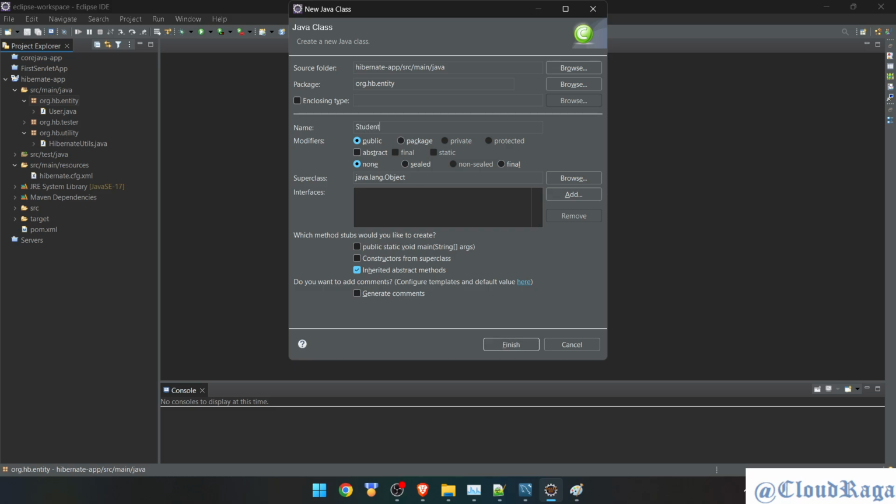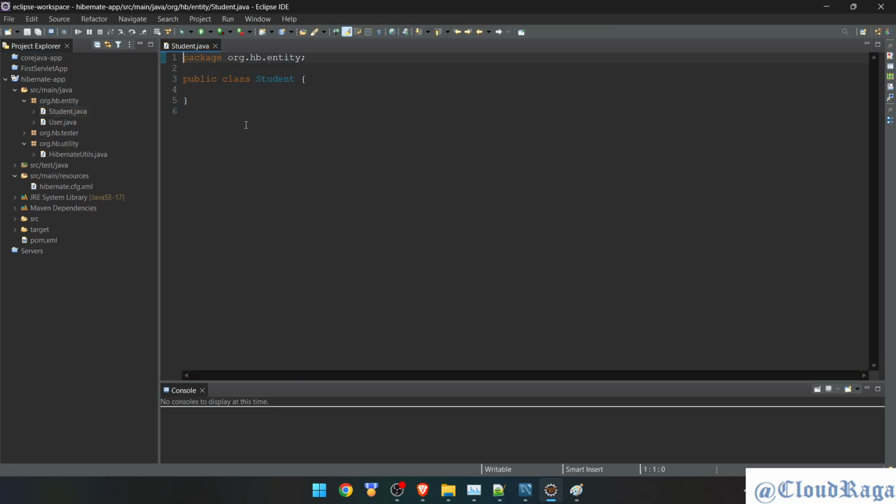I'll say student, done, and then student will have 3 fields: private int ID, private string name, and then next field is